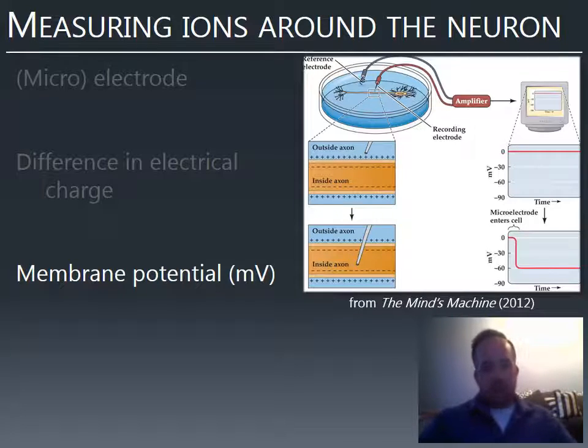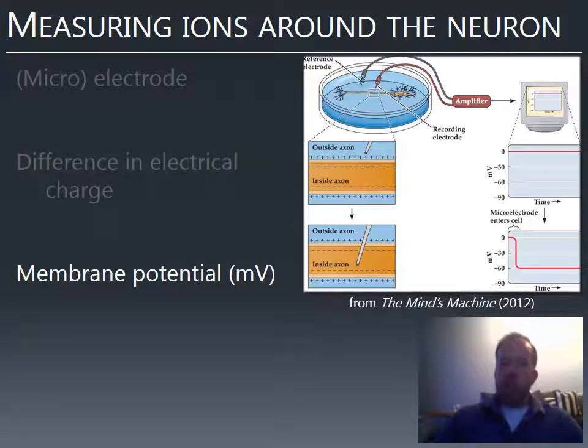But regardless, what we're really doing is comparing the total charge inside the neuron to the total charge outside the neuron. And if there's a difference, well, now we have that electrostatic force in play, that neurons want to balance out those charges. If you're positive, you want to go where it's negative, and vice versa. So we have this difference in charge inside and outside, and that's going to drive positive charge inside for the most part.